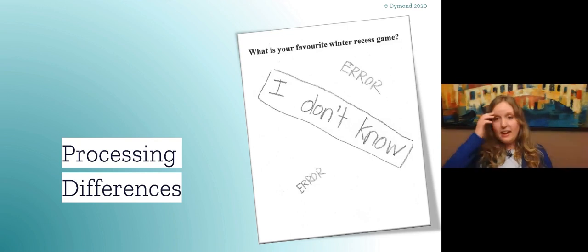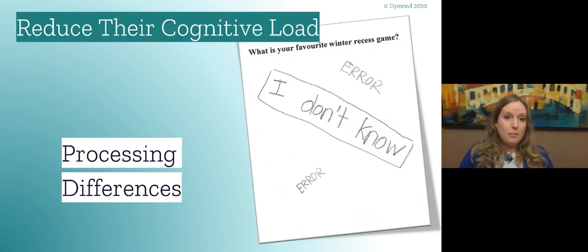precision, like this one. I think a better question would have been for me to ask, what is one winter activity you enjoy? I can just imagine the student sitting there looking at that word favorite and being in like an existential crisis. What is my favorite recess game? Because again, they want to tell the exact truth. And other students would understand the hidden rule that, you know, this just is asking for one thing you really like. So when we word questions, we also want to be as unambiguous as possible to help reduce their cognitive